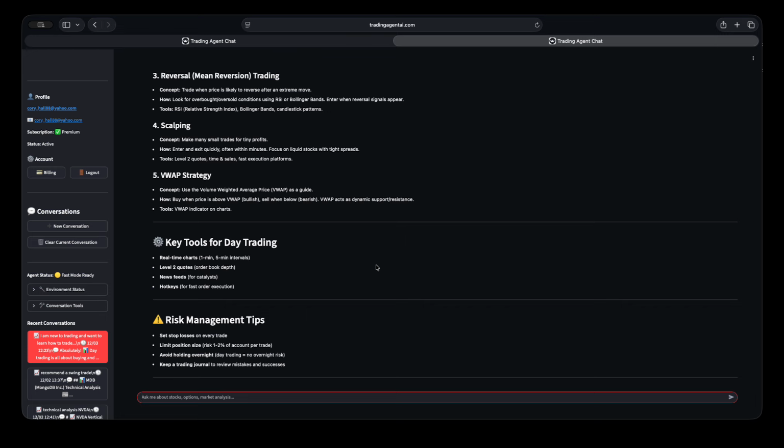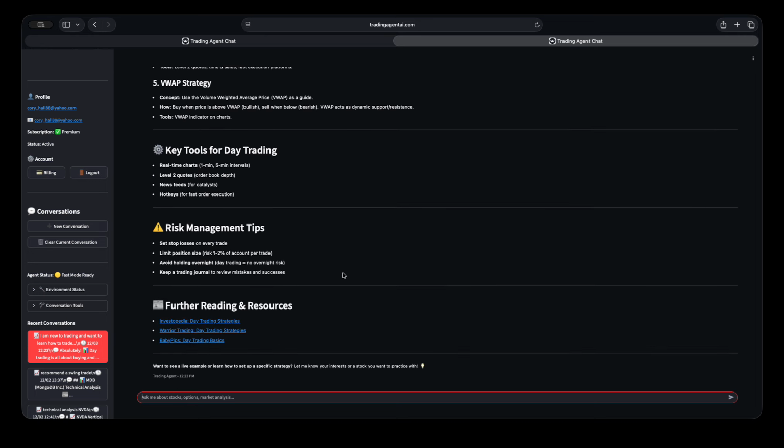Some key tools in day trading today are real-time charts, typically with 1 to 5 minute intervals for quick entries and exits. Level 2 quotes, which are the order book depth, and that kind of shows the flow of orders coming in for a stock. And then news feeds for catalysts, and hotkeys for fast order execution, because you've got to get in and out